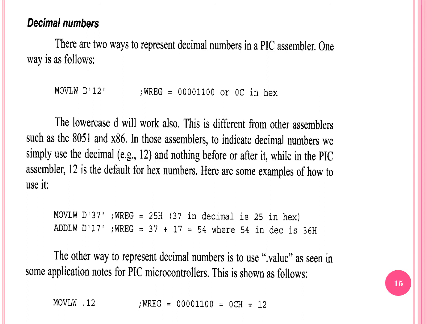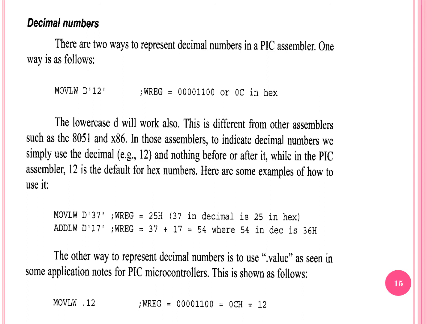There are some other examples you can see here, like D'37'. So WREG will become 25H because 37 decimal is 25 in hexadecimal. You can see that 16 times 2 is 32, so if you divide 37 by 16, you get 2 and the remainder is 5, so that is becoming 25. Then D'17' will make 17.